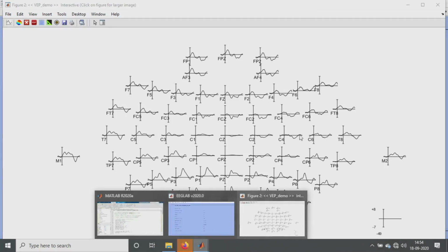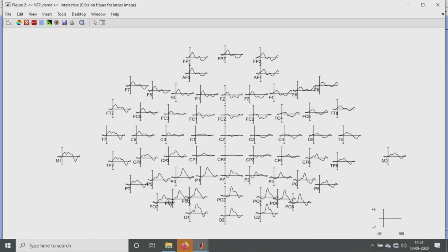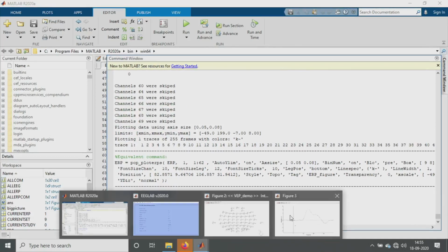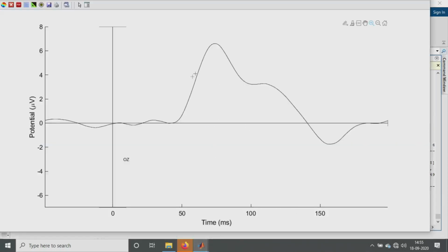We can make it positive up or negative up, anyway is fine. So here if you see, this is how the AEP is looking. It's a bit different, but as I told you, the amplitude and the latencies are the point of our interest.